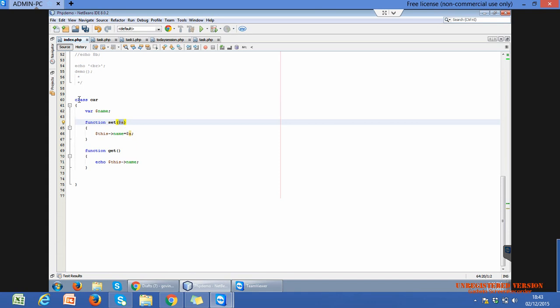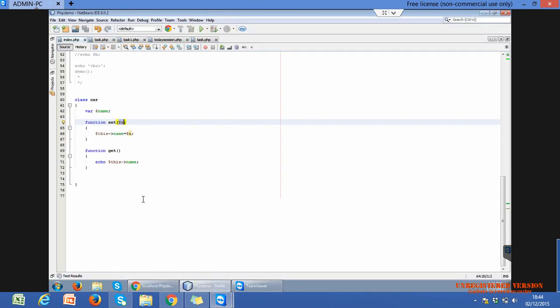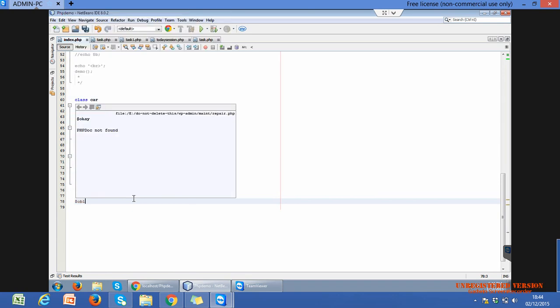Okay, so we just defined this class. This class is not going to execute automatically. If I save it and want to execute, there is no output, because a class will not execute automatically. I have to create the object of the class, and by using that object only we can execute our class. Let's see how we create the object. You can use any name. I just use obj1,